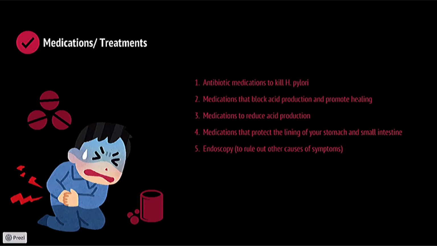Antacids that neutralize stomach acid are also being used in order to treat peptic ulcer disease. Antacids neutralize existing stomach acid and can provide rapid pain relief. Side effects can include constipation or diarrhea, depending on the main ingredients. Antacids can provide symptom relief, but generally aren't used to heal your ulcer.